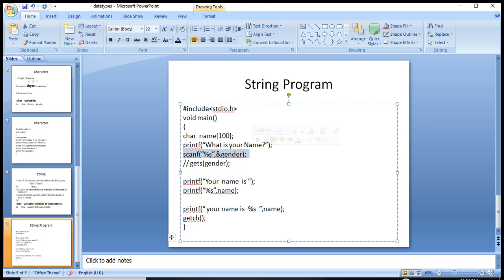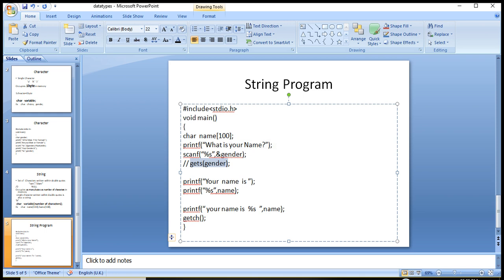So the data entered by the user will be stored into the name variable, and that variable will be printed on screen, and the %s format specifier is used, which is for string. This is called a format specifier, %s.